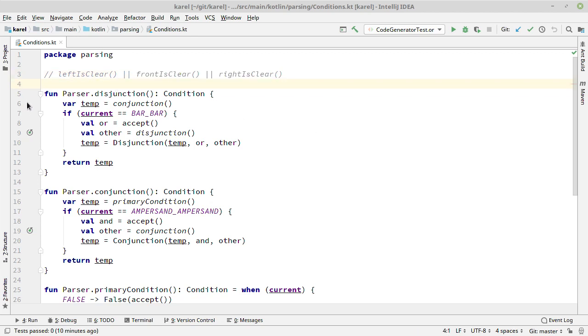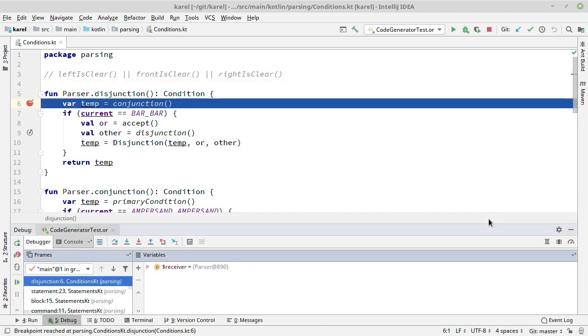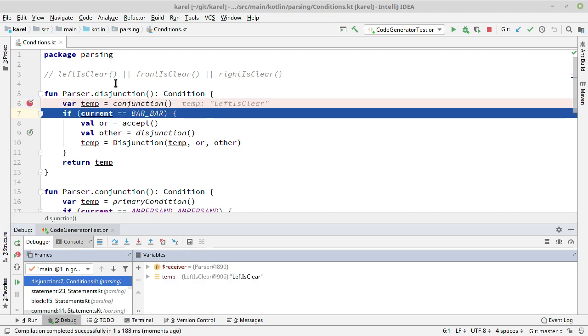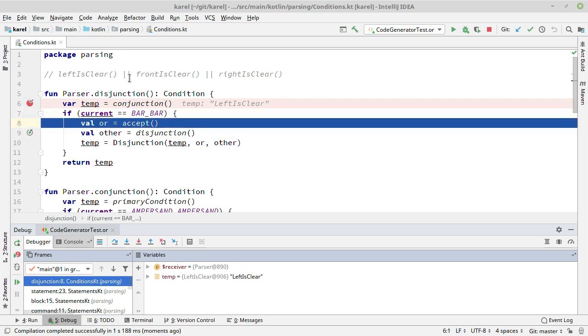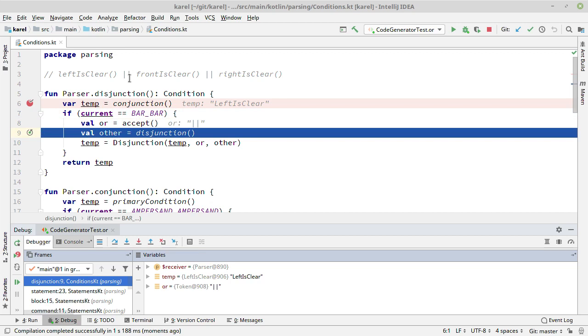Let's simply set a breakpoint and see what happens if we run my little prepared test. So let's see the first conjunction. We start at the beginning of the condition and want to parse the first conjunction, which will simply be left is clear because there are no ampersands after that. Okay, left is clear. That's our first operand for the disjunction, basically. Now we check to see if there is indeed an OR operator. There is. Let's accept it. And now